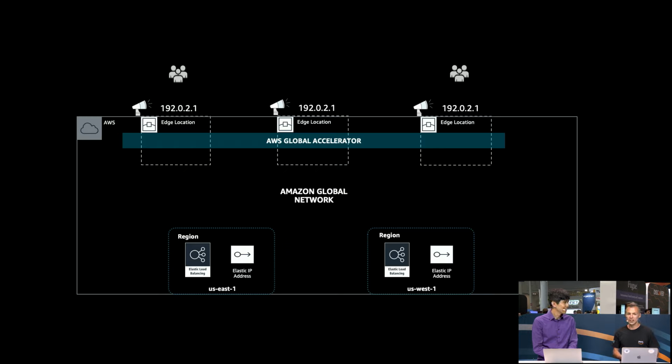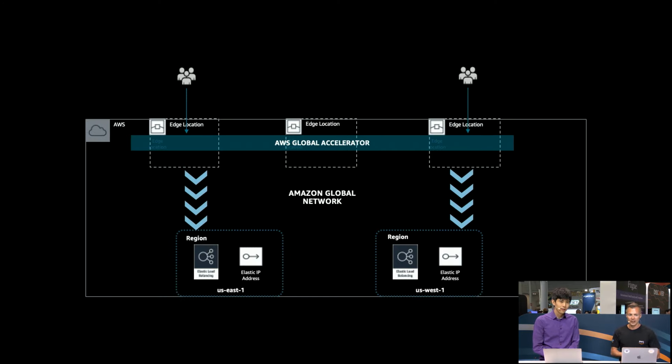So the way Global Accelerator works is we advertise an IP address, 2 public IP addresses actually, out of each of our edge locations for high availability. So we have redundancy there. And from there, your end users will access the closest edge location. We're using what's called BGP Anycast. So we're able to advertise that IP address out of multiple locations, and it'll pick the closest location to traverse and access the AWS network.